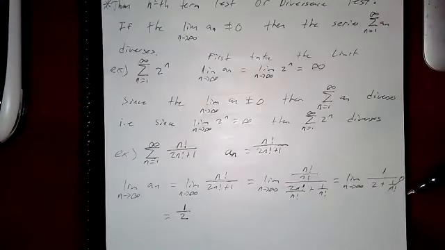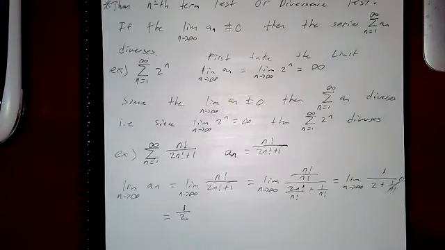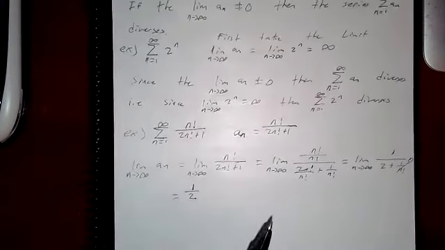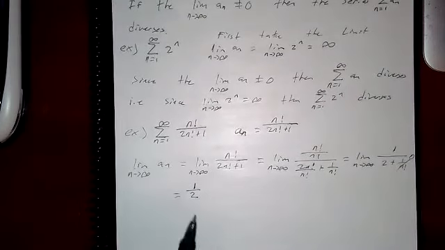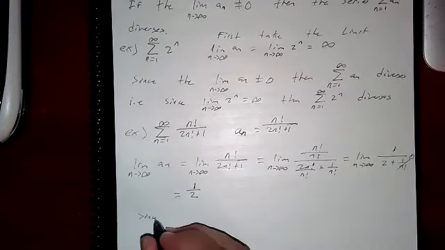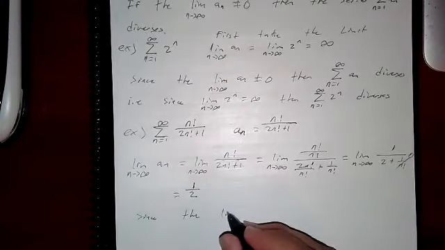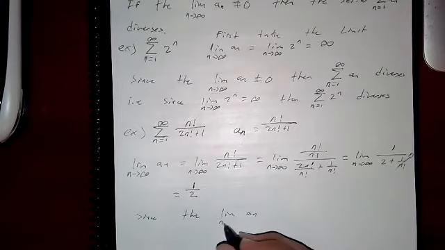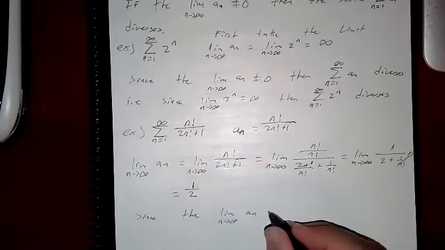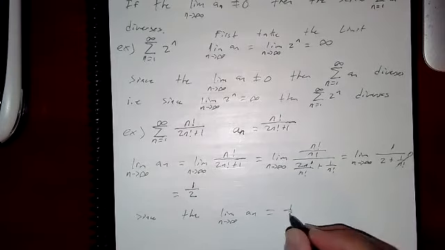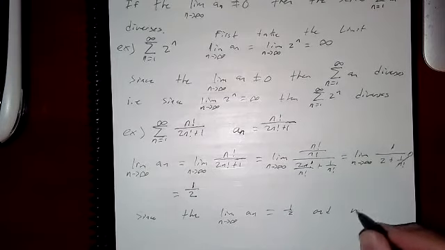If you get a limit that is not 0, then you know that the series diverges. This is not 0, right? So divergence. Since the limit of a sub n is equal to 1/2 and not 0,